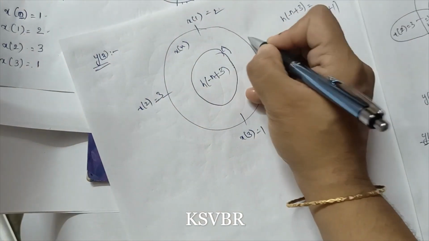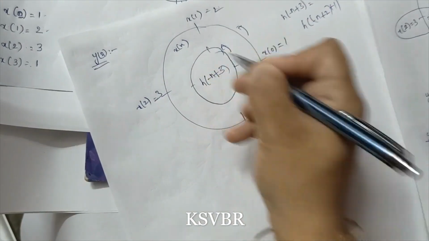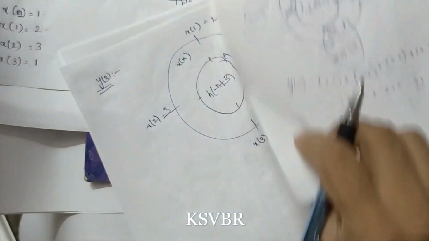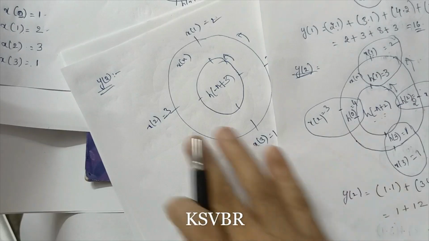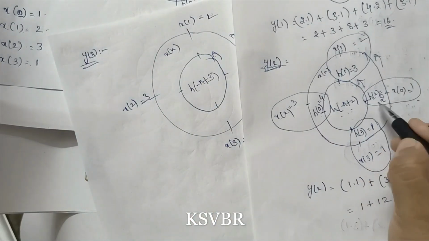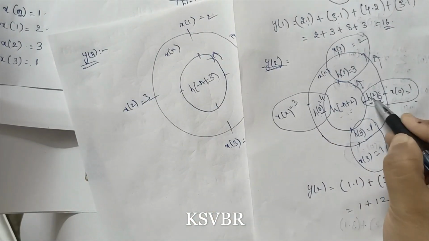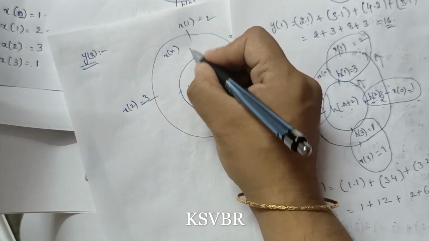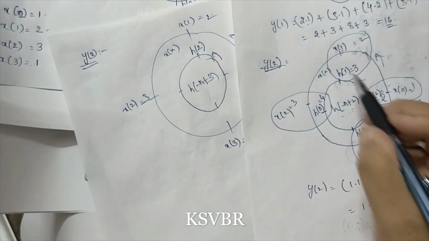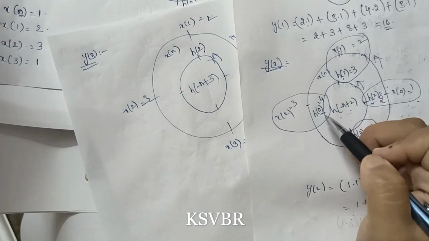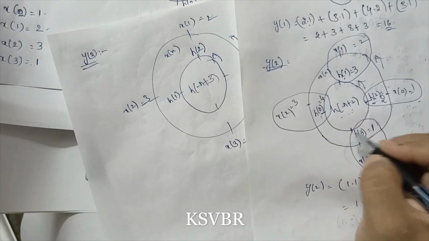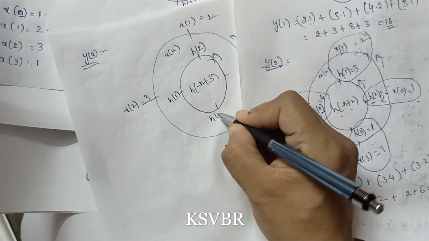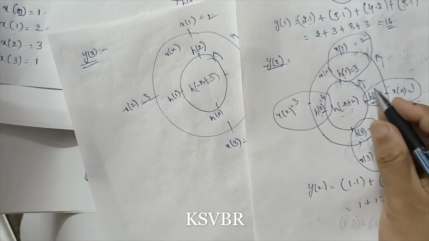Okay. So here also I have to keep arrow mark like this. So next h of minus n plus 2 is there. From this we are going to write this h of minus n plus 3. So here h of 2 is there. So it has to shift to here. So here h of 2 will come. And here h of 1 is there. It will come here. H of 1 and here h of 0 is there. It will come here. And h of 3, it will go from here to here.